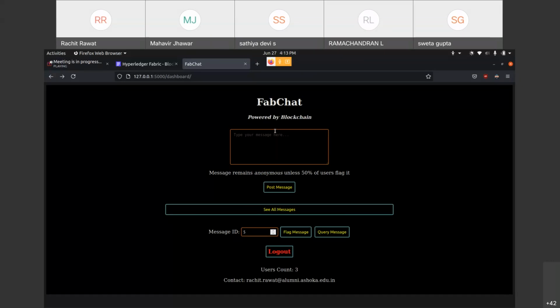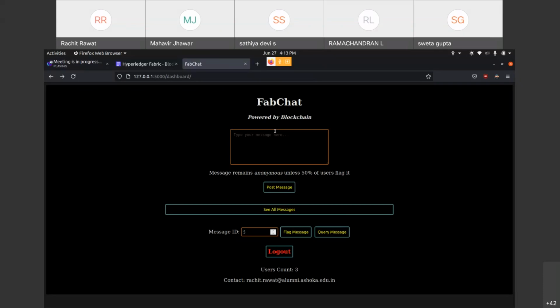After the first flagging, the message was still anonymous. But after the second flagging, it has received 2 flags, which is more than 50% of the total users. So as per the rule, the message has to be non-anonymous now, and the poster's identity should be revealed, and that is what has happened.